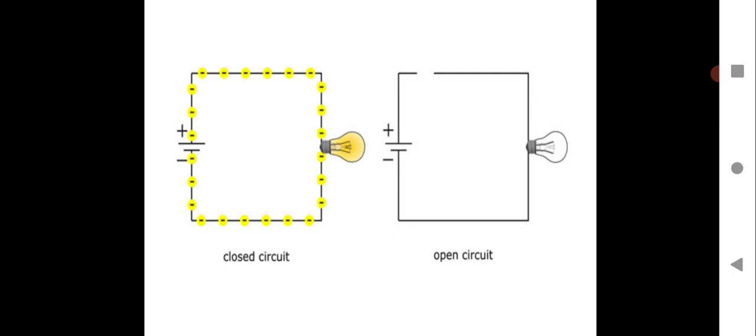On the right hand side you see an open circuit, where you will see the wire is open in the diagram. That means you are breaking the connection, you are keeping the circuit incomplete, you are not allowing the electric current to flow, and the bulb will not glow. Please draw these two diagrams labeled closed and open circuit as shown. You have to draw this in your notebook. I hope you are following the instruction, children.